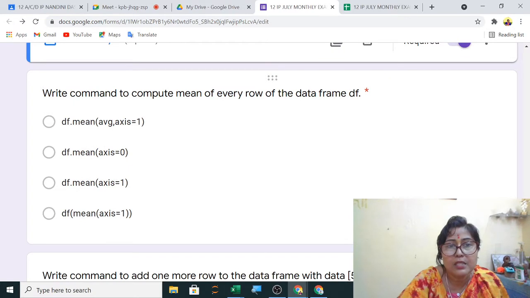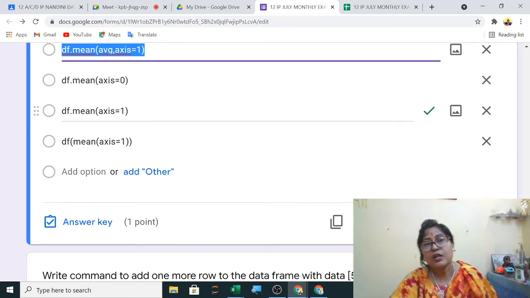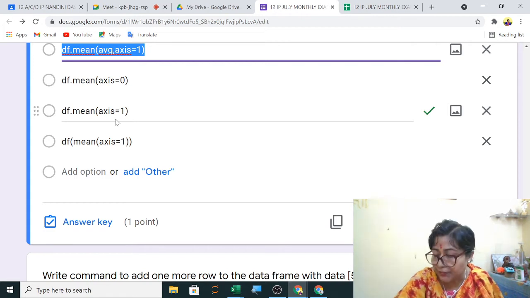Next, which command to compute mean? So we will use the mean of every row of the data frame. Now in this you have to remember one thing while doing the attributes. What we have learned is, for every row we will write axis equals to 1. Only in data frame attributes this change was there.